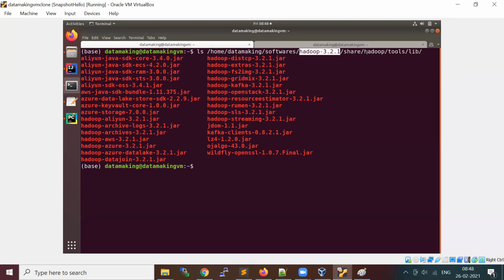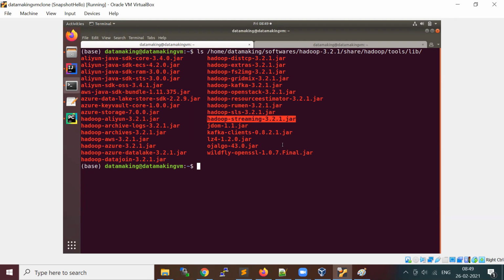Inside share, you have a hadoop subdirectory, another subdirectory called tools, and then one more subdirectory, lib. Under that, you have some jars. Here you can find the Hadoop streaming jar. This is the jar you need to supply.